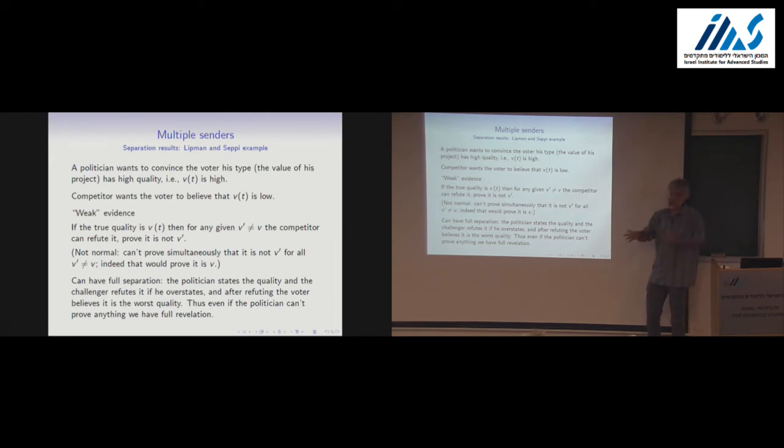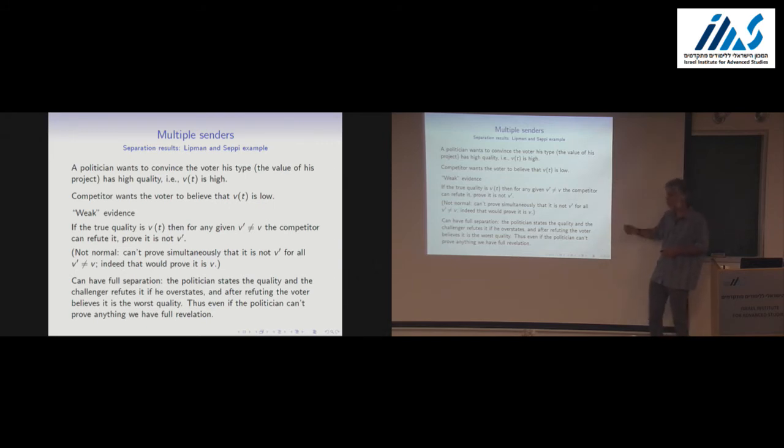It doesn't matter. These are two different equilibria. One equilibrium is where the challenger refutes if he overstates. The other equilibrium is where the challenger refutes always, except if he states he's the lowest type. Both of those equilibria involve truth-telling on the equilibrium path. And therefore, we'll get the full separation result,